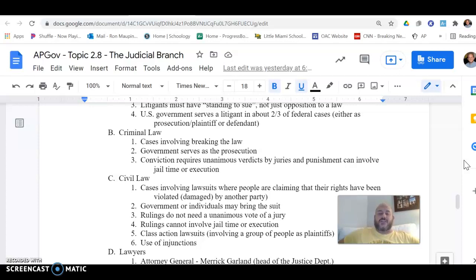Now, conversely, if you're talking about being acquitted of a crime, those jurors would then have to unanimously vote to acquit you. In other words, they all unanimously believe that the prosecution has not provided enough evidence that would show beyond a reasonable doubt that this person is guilty of the crime. Now, you might be wondering, okay, well, conviction, you have to have all agree to convict, or an acquittal, all 12 to agree to an acquittal.